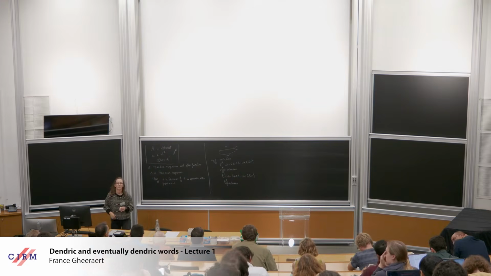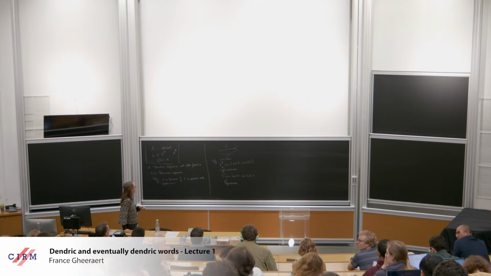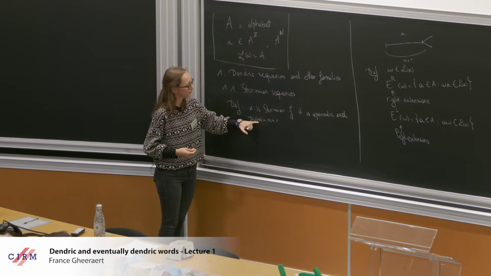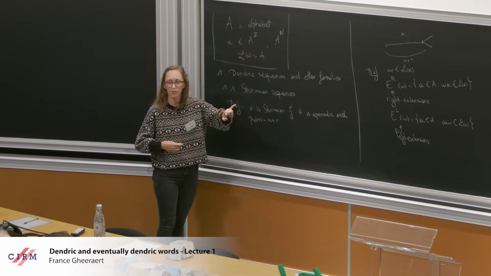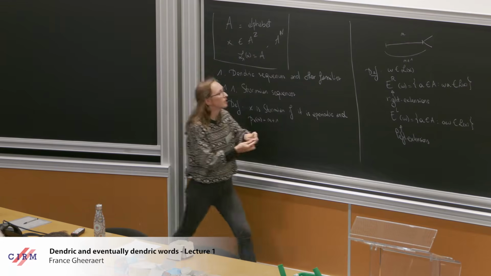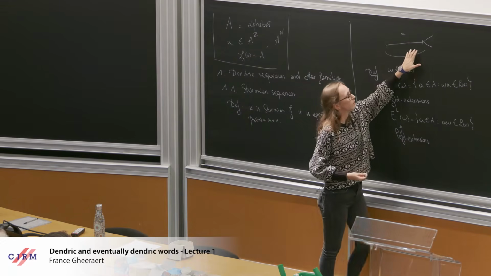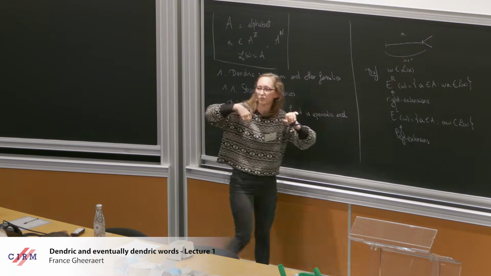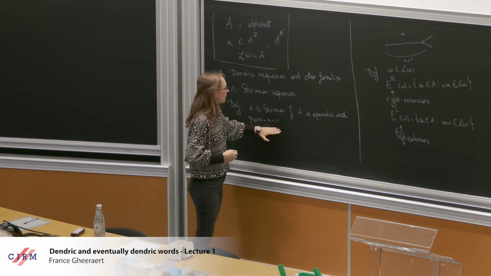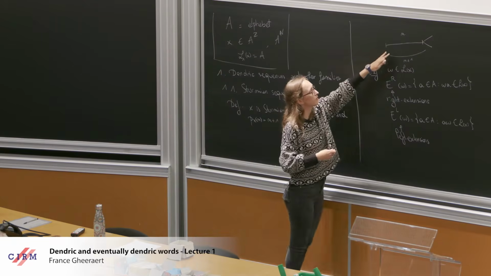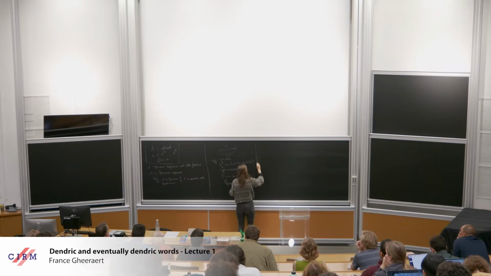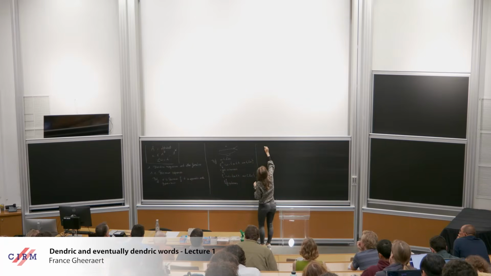Yes? Of the drawing, yeah. So it's to explain that going from complexity n to n plus 1, you can see a link between the words of length n and the words of length n plus 1. And the link is that you take a word of length n, there's always a way of adding a letter to the right and obtain a word of length n plus 1. And here, because of the complexity, there is also a word of length n which can be extended in two different ways. Or in other words, this is a characterization.